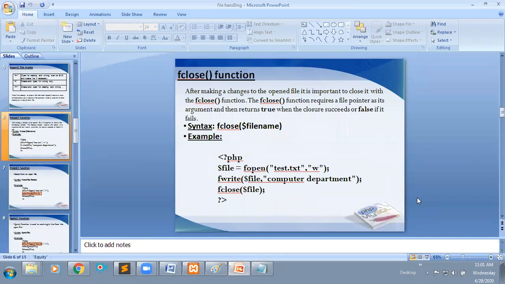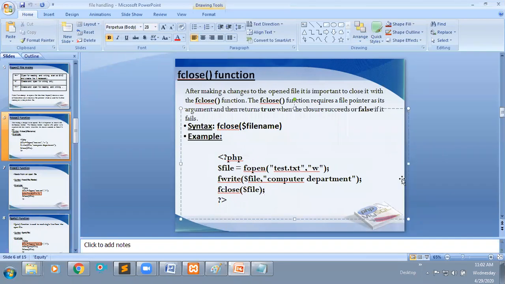Someone else will read the data, right? Someone will enter some data, right? That is not a good programming practice. You need to close the file after completing your operation, by using the fclose function, just passing that file pointer. That will directly close your file.